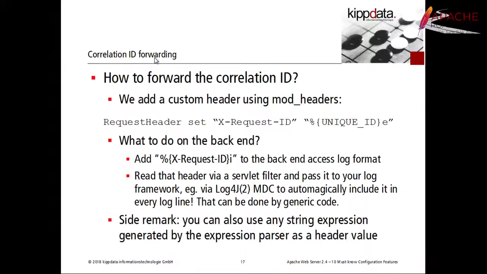And remember, %L will then have the same value. The error log will also contain this unique ID. And how do we forward it to the backend? Since we're typically talking HTTP, and it is an extensible protocol, we can add a custom header. We just choose some conflict-free header name, like X-Request-ID. And then we use mod_headers to forward our unique request ID in this header to the